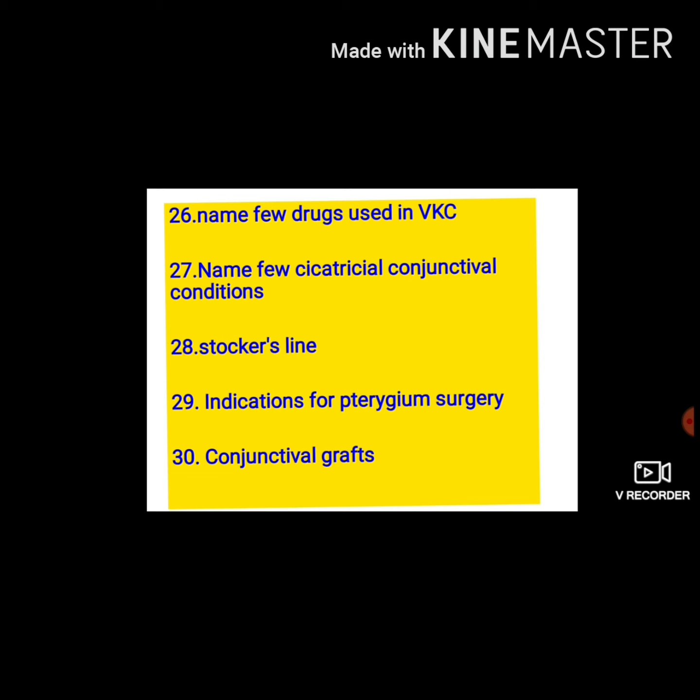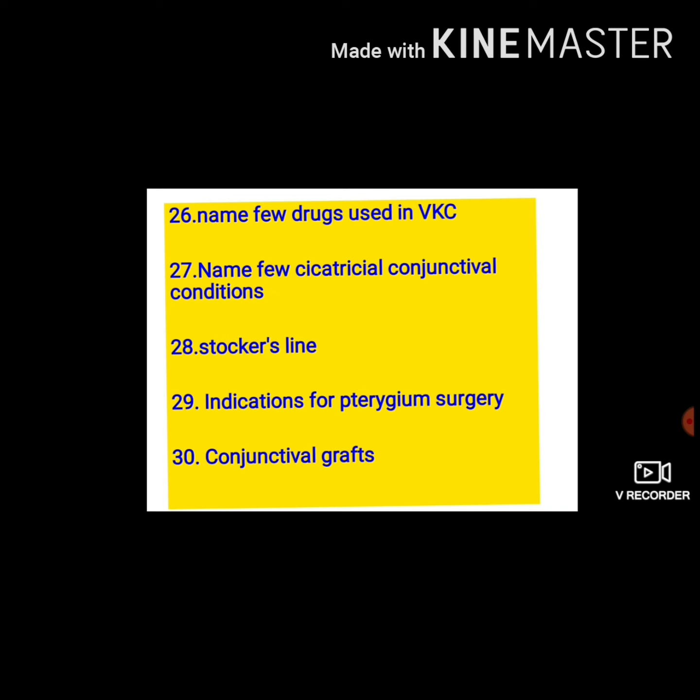What are the indications for pterygium surgery? This is very common question asked in viva. So the indications are cosmetic disfigurement, visual impairment, and the visual impairment can also be asked in viva, like how the pterygium causes visual impairment. The one is when it encroaches on the pupil. The second is by causing significant astigmatism. Again, coming to the indications of surgery, the diplopia due to medial rectus infiltration, or if the symptoms are not reduced by your topical medications.